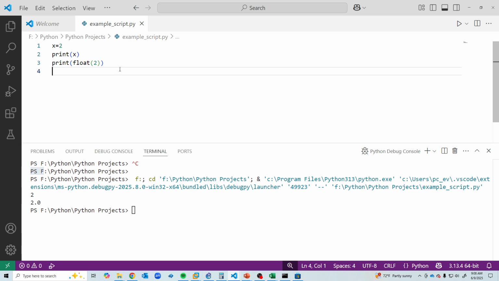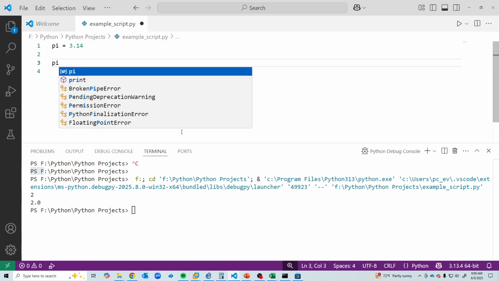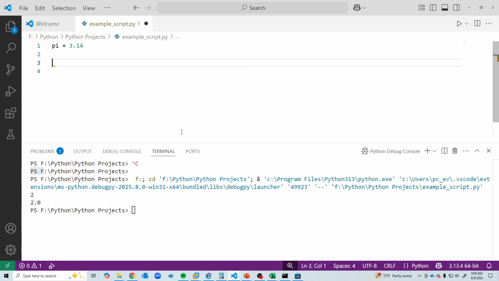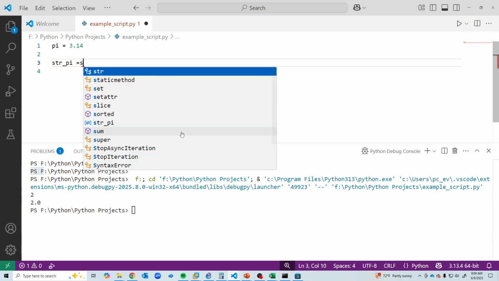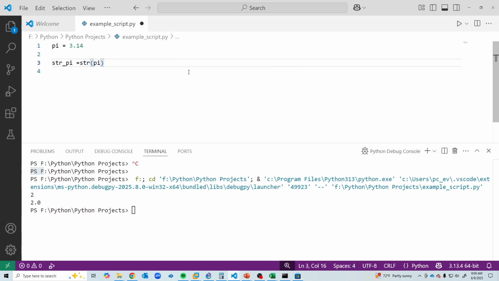So let's take another look at some things too. I want to show you debugging real quick. So if I do pi equals 3.14, string pi is going to be equal to, I'm going to call the string function and I'm going to put pi in it. So I'm going to take pi and convert it to a string. And then I'm going to take